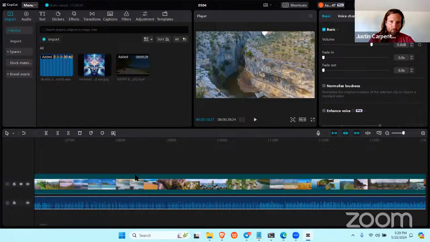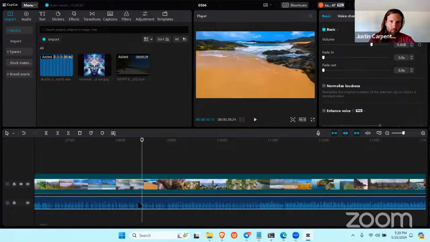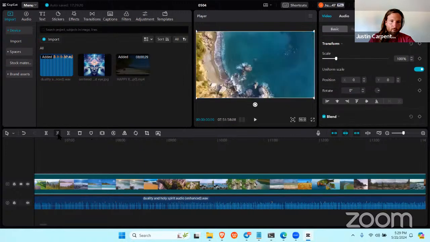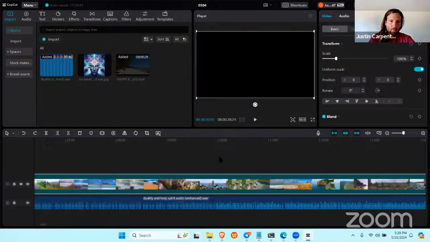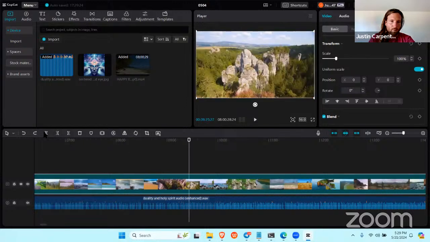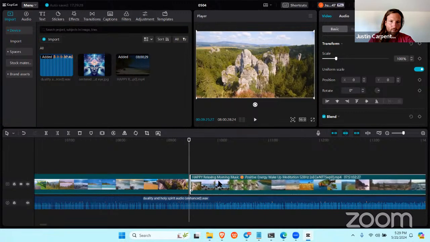So just to show the clipping aspect, you basically set the timeline wherever you want, create a clip, and all of a sudden now this is two pieces. Or if I want to do the same thing with the video, clip it. Oops. Let's do it here. Clip this one, and now I have the video that I can move or shift around